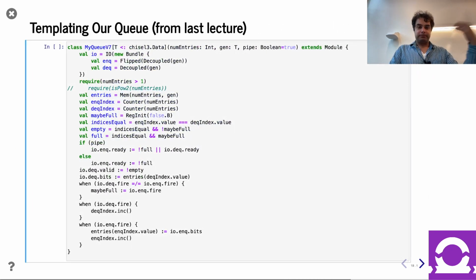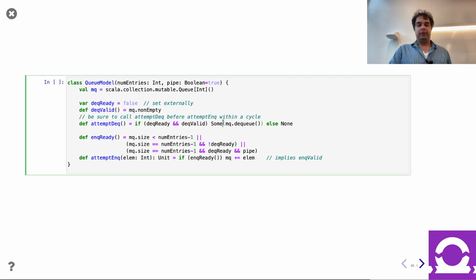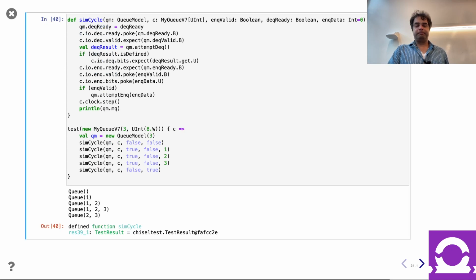Okay, so then following up, here's our queue. We're going to say we're taking in a template parameter. Then we need to pass in the template type as well. Otherwise, this is mostly the same code. Here's our model. And go ahead and run it. And yeah, you can see how we're able to give it the generator, right? And so we aren't forced to say it over here, so to speak, because it's doing the type inference. But yeah, now our queue, version 7, took us a lot of tries. Pretty spiffy, right? It's able to